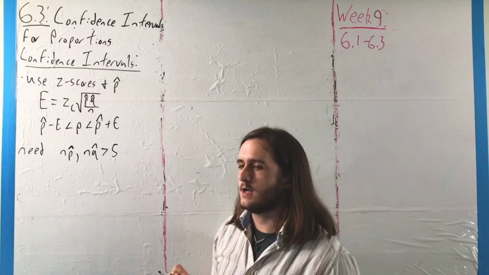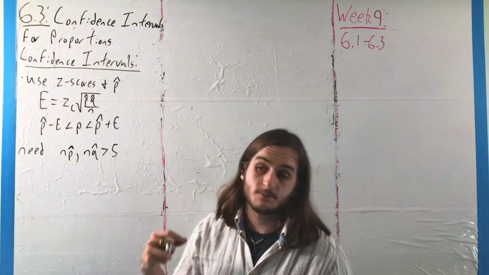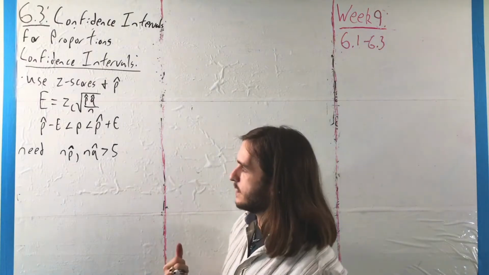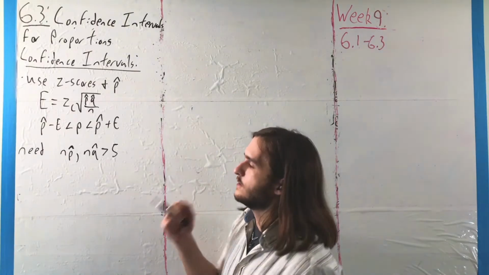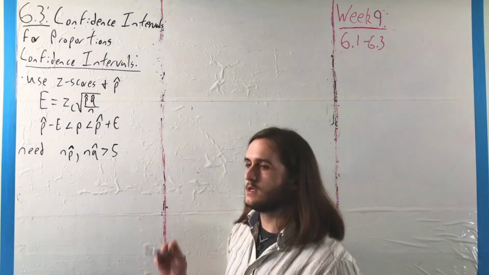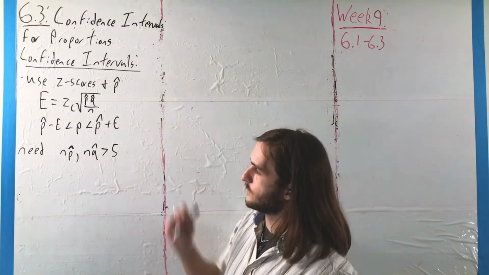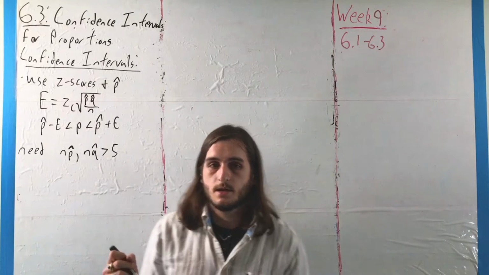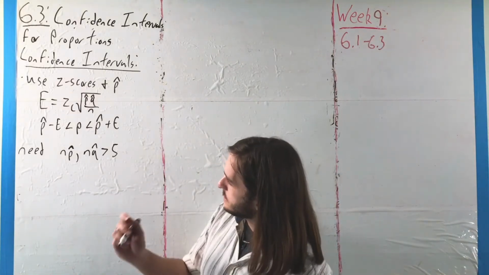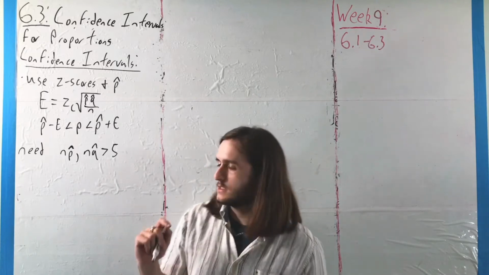It's a kind of odd value, but if you did some of those last problems in the 5.4 homework, you saw a touch of it going on there, where we make our interval in the same way as before. We take that margin of error E and add it and subtract it from our point estimate. That is, we are aiming to get p inside of p hat minus E to p hat plus E, where